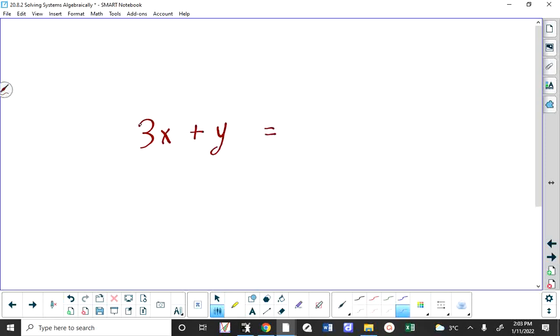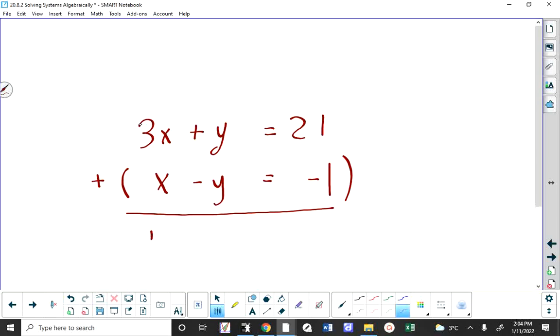3x plus y equals 21, and x minus y equals negative 1. That's a system of equations, and that happens to be a linear system. Now think for a second about solving this graphically. It wouldn't be difficult. You'd rearrange each equation for y, put it into your calculator, and find the point of intersection. But notice that if I add the equations together,